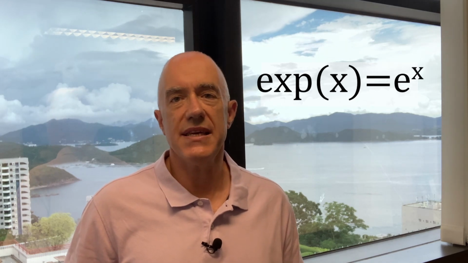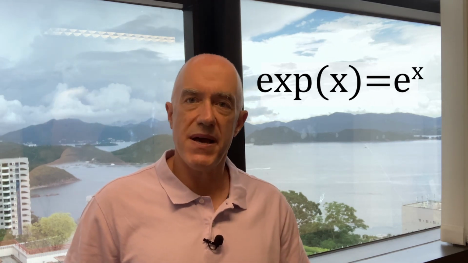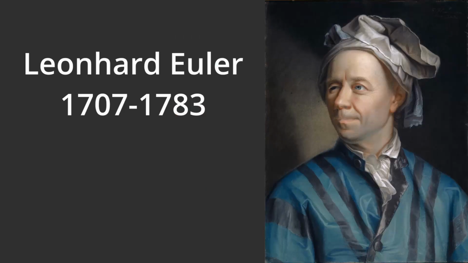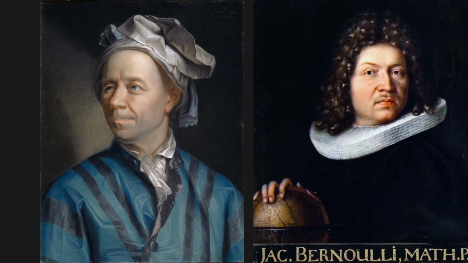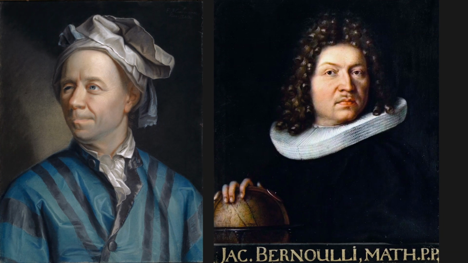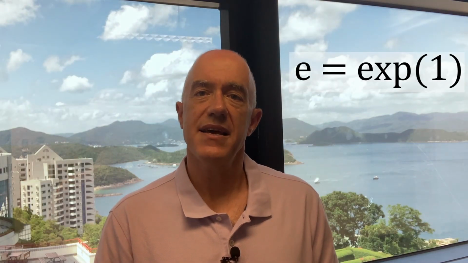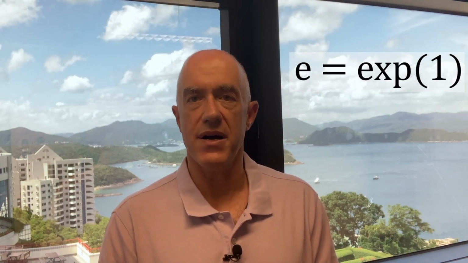It's common to write exp(x) = e^x, where e is a special number called Euler's number. Euler is a famous mathematician, but apparently Jacob Bernoulli first discovered e while studying compound interest. The choice of the letter e by Euler might mean exponent, but of course e is also the first letter of his name. The value of e can be found from exp(1), which is